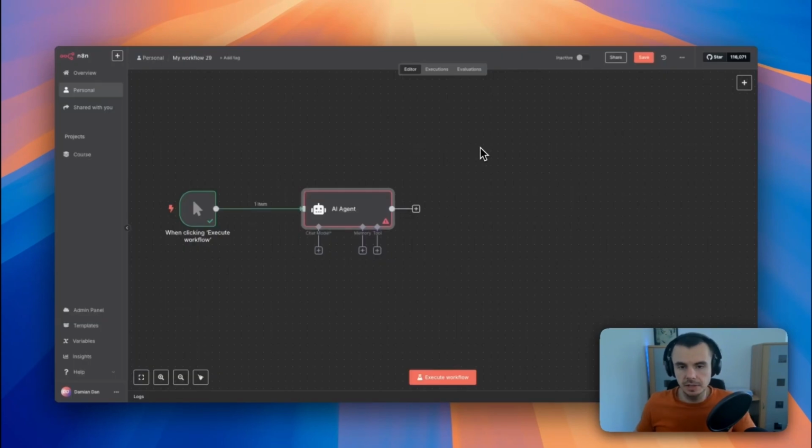Now here is something cool I want to point out. The community nodes are not just limited to regular workflow steps. You can also use them as AI agent tools and triggers. So let me show you what I mean. I've got a simple AI agent set up here. So if I'm working with an AI agent and I want to add, for example, search capabilities as a tool,